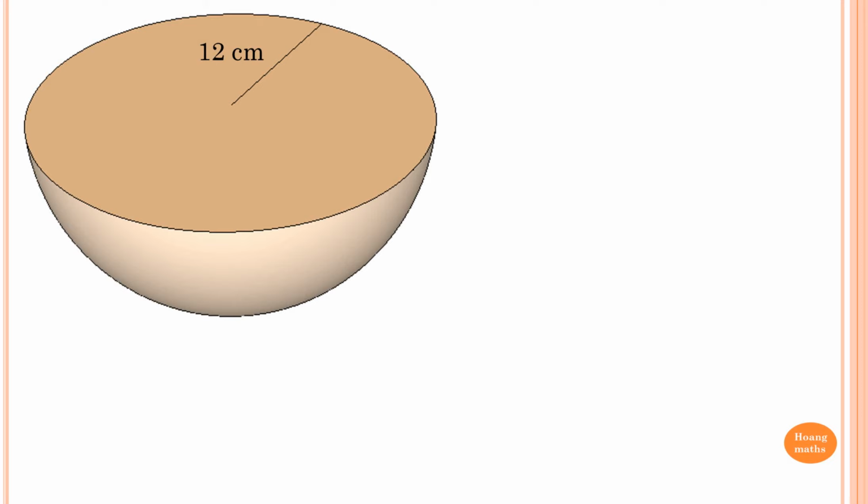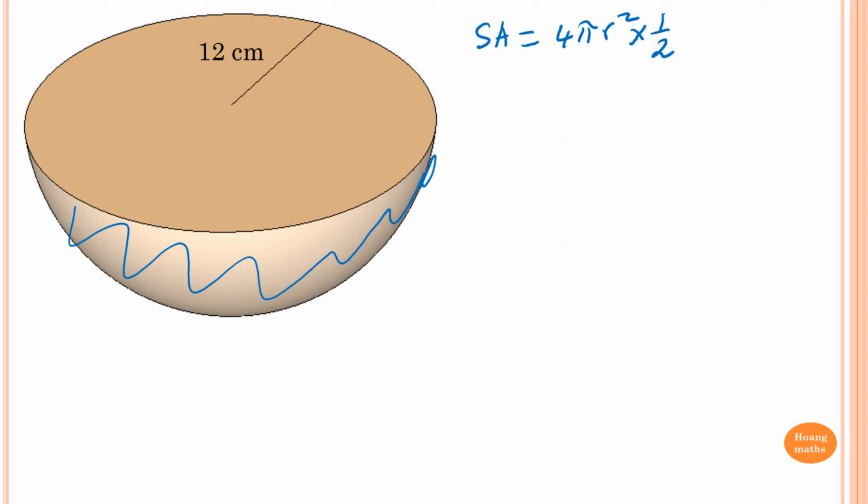Can you please try this one? Find the surface area of this half of a sphere, or hemisphere, correct to one decimal place. See if you can. We know that the surface area of a sphere is 4 pi r squared. And we only need half of it, so therefore we times by a half. That will give me all the curves around it. And then we need to add the area of the circle, which is the top bit, which is pi r